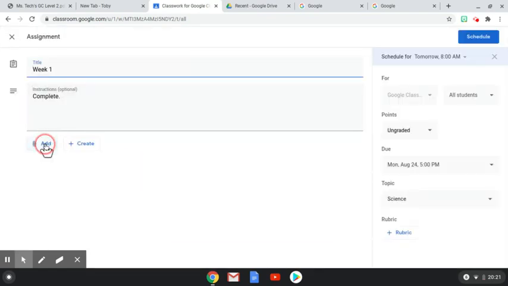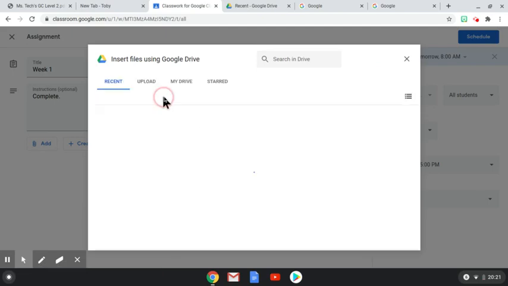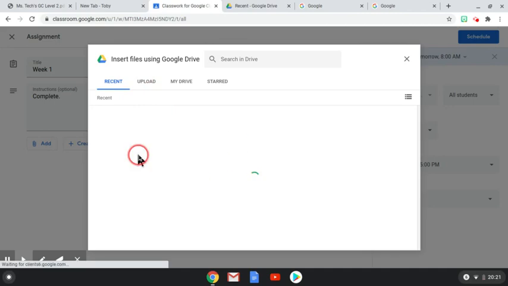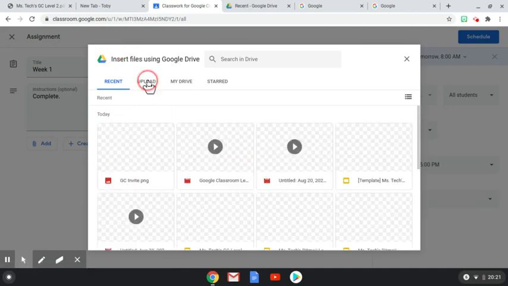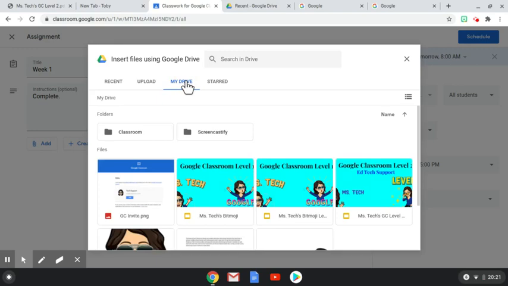So I want to add some material to this. Now, I'm just using something in my Google Drive, so it's not necessarily science related, but I just want to show you how you can get something from your drive. Now, this is going to show up everything you've pulled up recently in Drive. You can also upload something from your files on your computer, or if you have something in a folder but you haven't clicked on it recently, you can find it in My Drive,